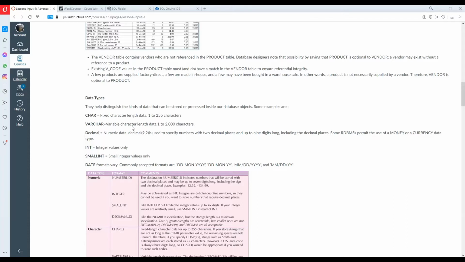You will also encounter data types such as nvarchar and nchar. Those types of data types are used when you are dealing with special characters, such as, let's say for example, you are storing Korean, Japanese, or Chinese characters in your database. You must use nchar or nvarchar because they support